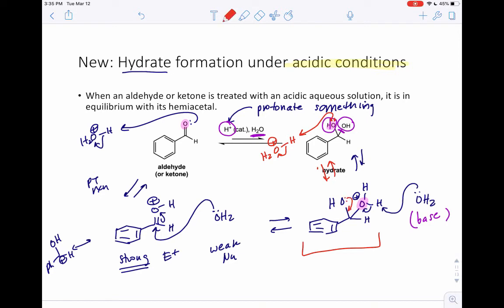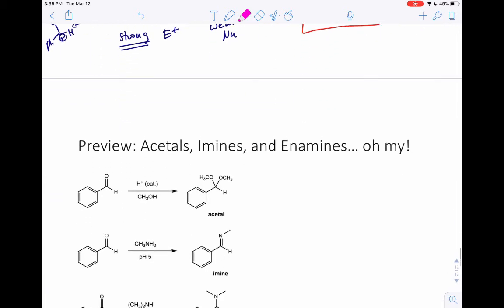It can expel water. It can go backwards. It can go over here. Okay? And then what happened to that pink oxygen? It's gone now. We've lost it. So that might not be obvious when you look at the hydrate, but you may even lose the carbonyl oxygen in the hydrate. All right, now that I've thoroughly confused you,